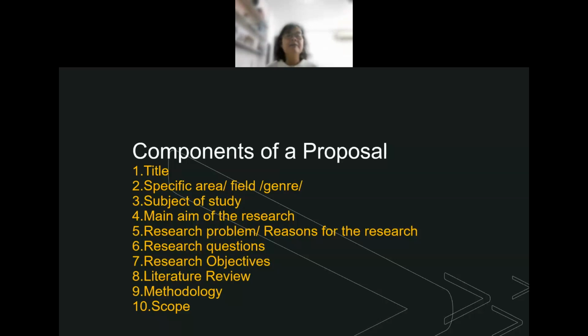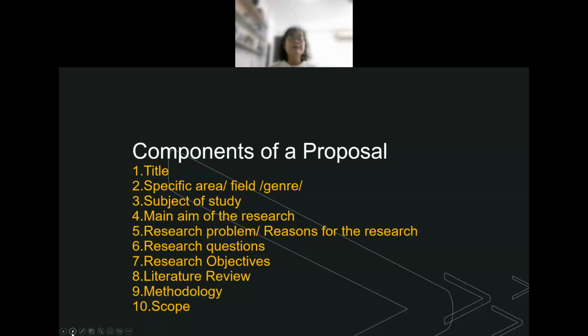Subject of study, main aim of the research, research problems, meaning the reason for your research questions, research objectives, literature review, methodology, and your scope. All these 10 you must have in great detail for your proposal before you can present. And you can use this guideline for your slides as well.